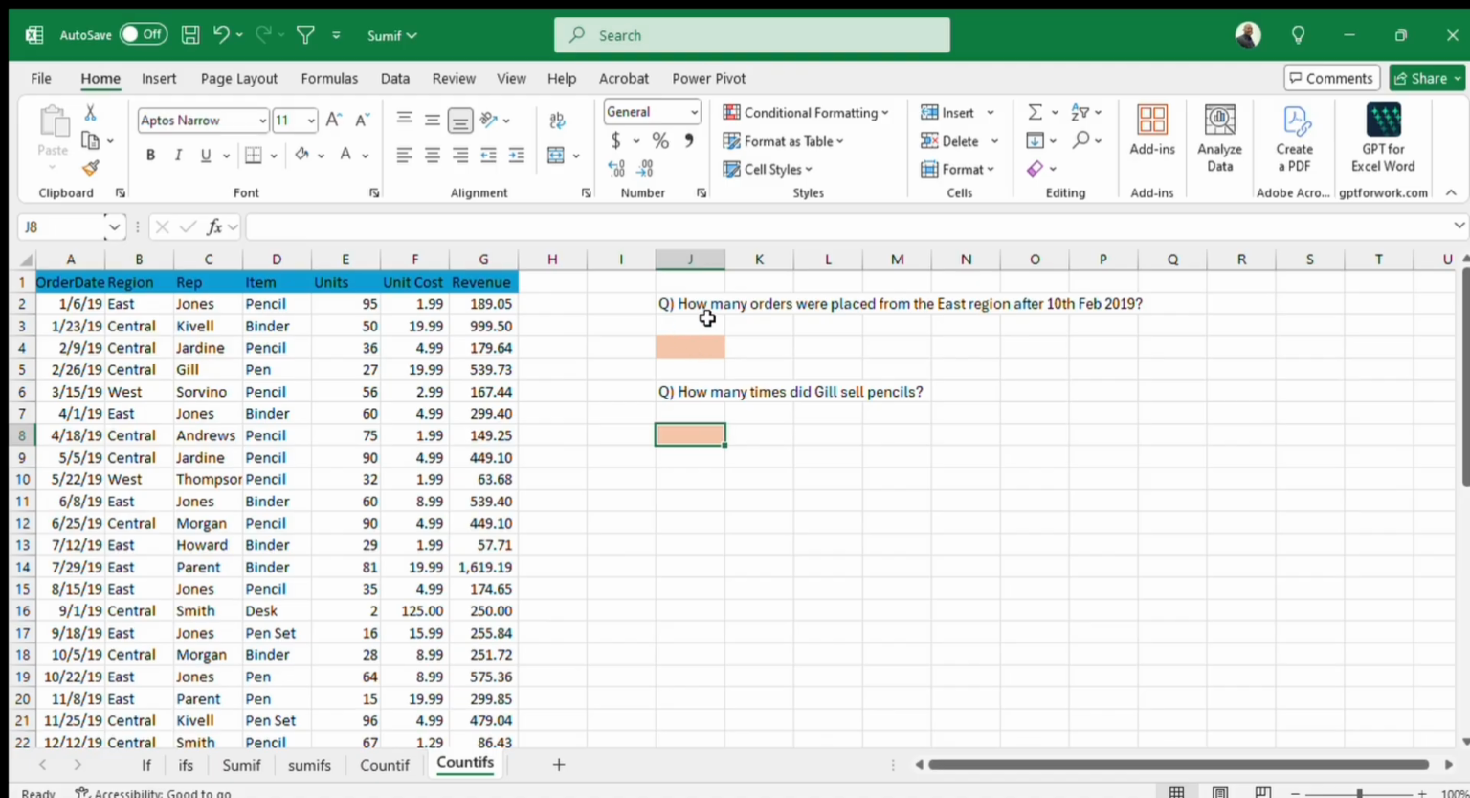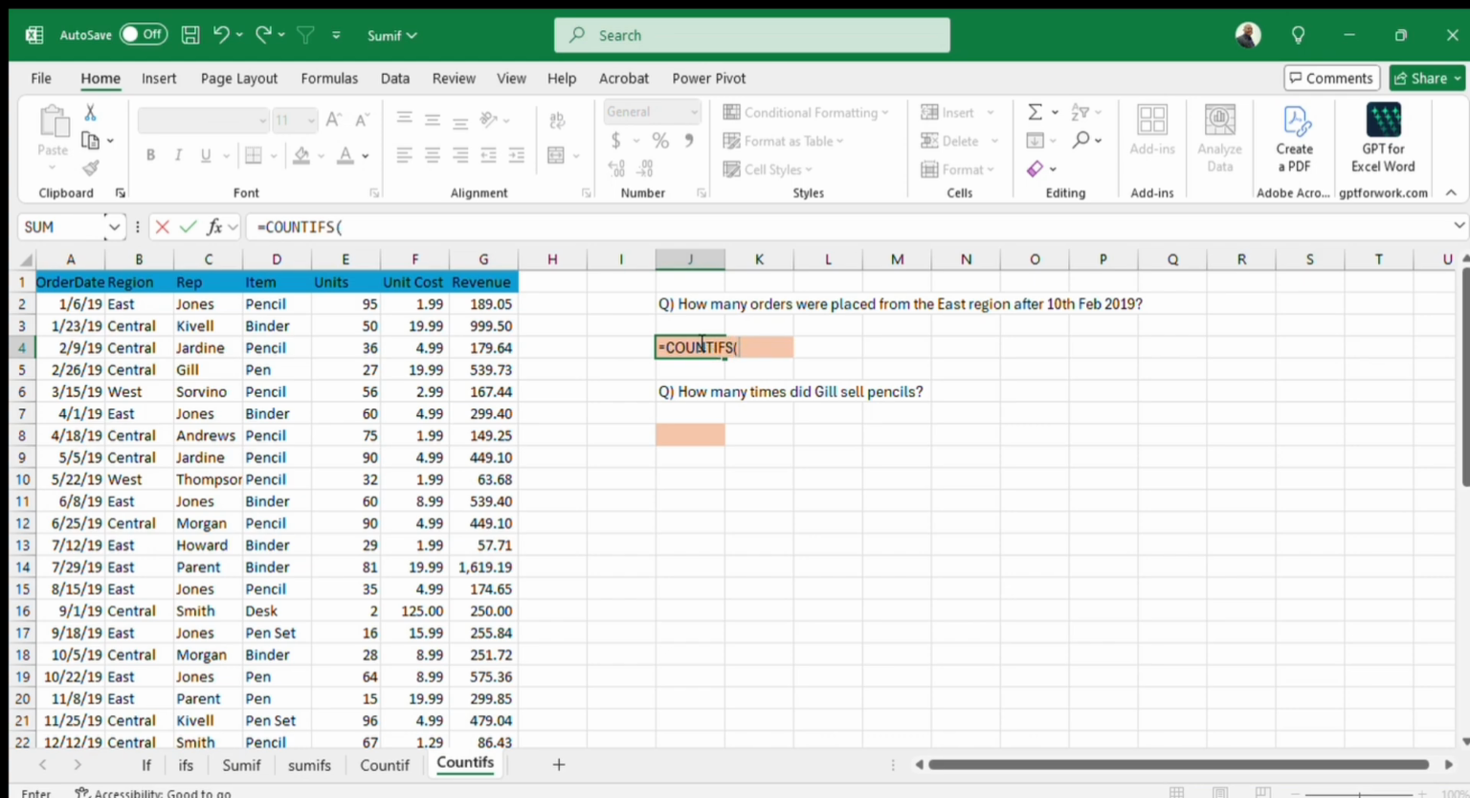COUNTIFS. Now this is saying how many orders were placed from the East region after 10th of February 2019. This is still going to provide us with the question of how will we do this, and to do this we are going to define that date there. So the COUNTIFS function starts with COUNTIFS with an S, open your bracket, the criteria range. The criteria range, we have East region, that is the first one. So region is going to be B2 to B44. That's the criteria range 1. Then comma, the criteria is East, so anywhere you see East, you select it,